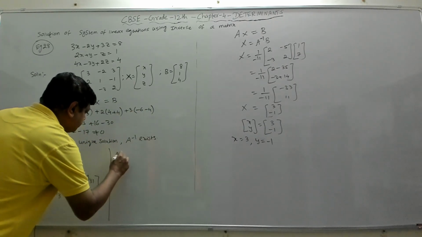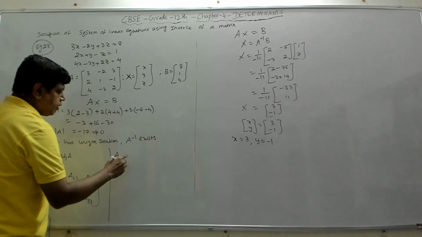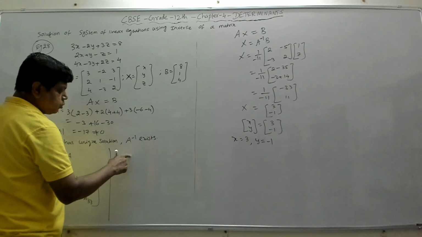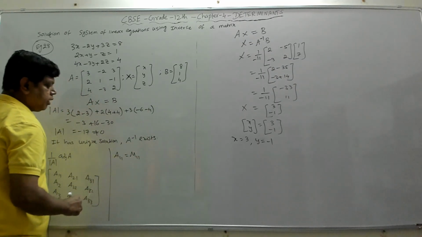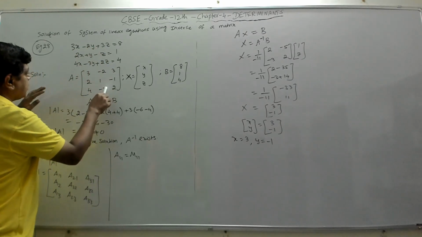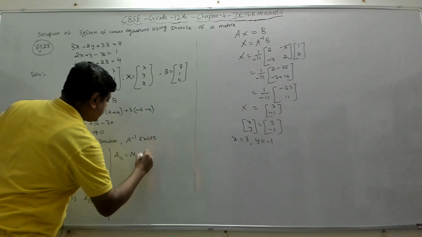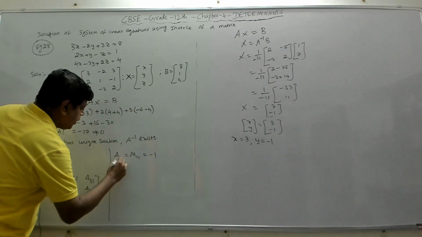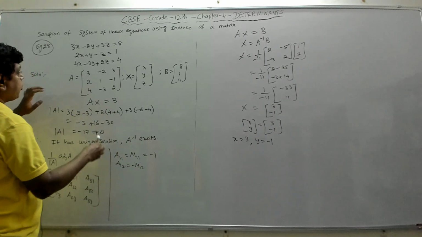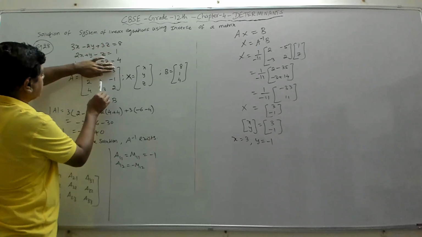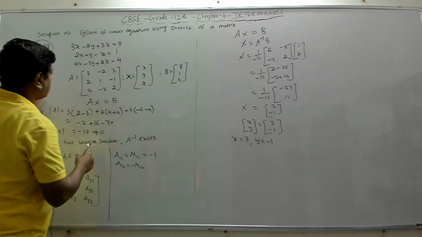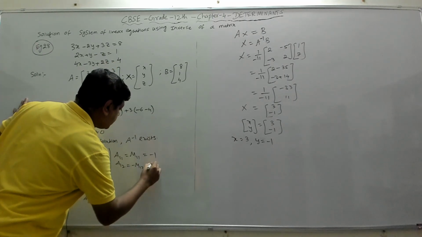A11 is minus 1 power 1 plus 1, which is 2, so we do not put a minus. It becomes directly M11, and M11 is found by closing this row and column. So 1 2s are 2, minus 3 into 3, so 2 minus 3 is minus 1. Your A12 is minus M12, because 1 plus 2 is odd, meaning negative. Close this row and column: 2 2s are 4, minus 4 into 1 is minus 4, so 4 plus 4 is 8. There is a minus, so it becomes minus 8.